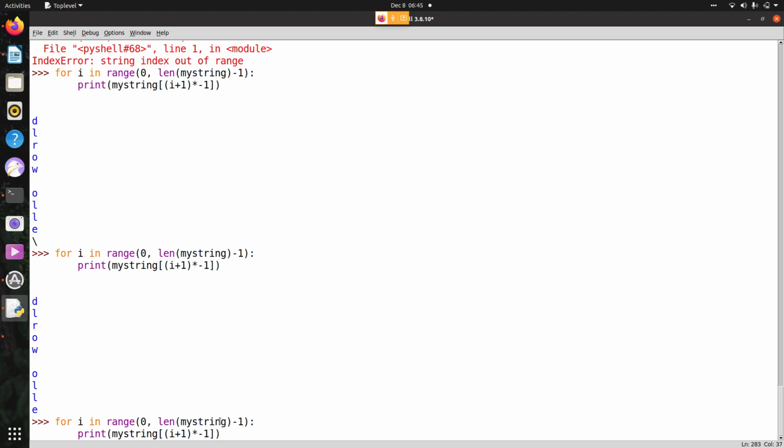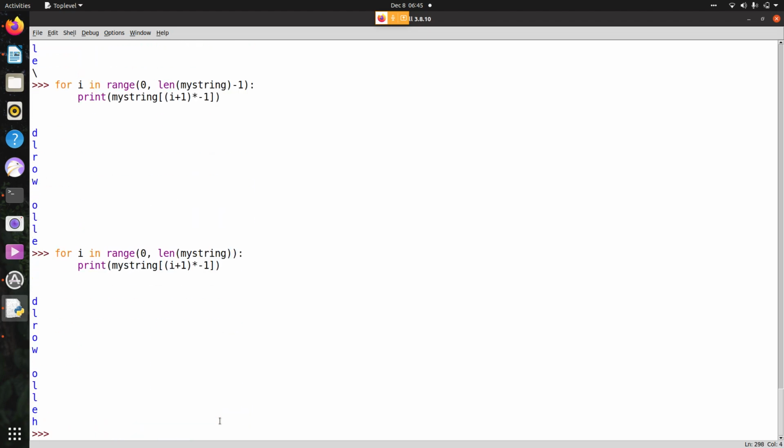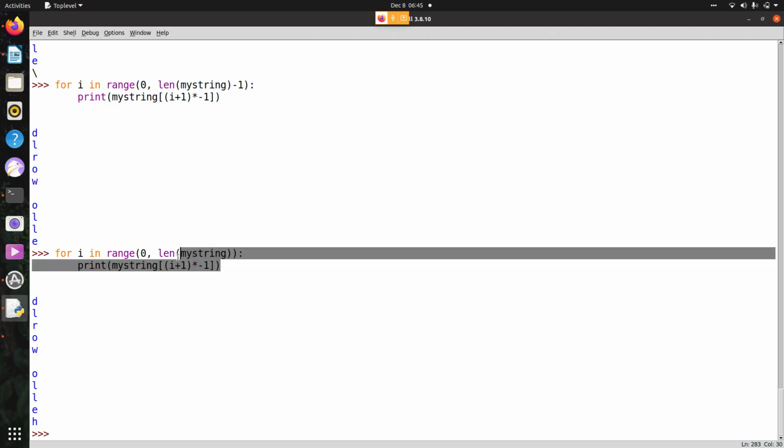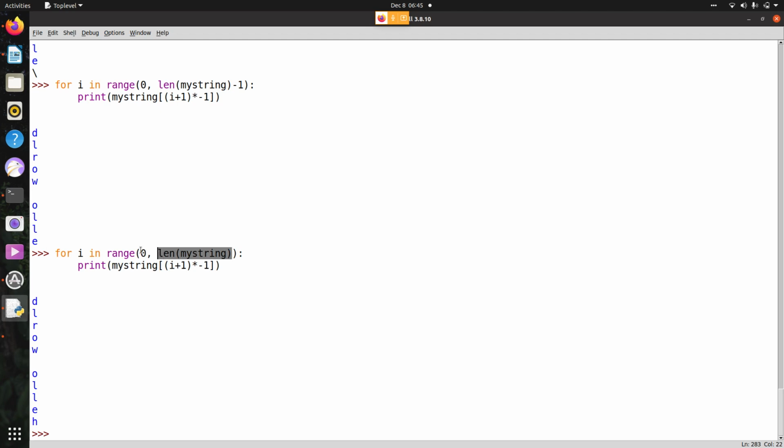Now I will remove this part. See, now it has printed in reverse order: D L R O W O L L E H. Here what I have done is just multiplying the index. Whatever we did just before, we reversed it. I mean, we made this one first and then we made this one last. That means we incremented this value starting from a negative index, which is a lower one, minus 11, and we told it to go till minus 1.